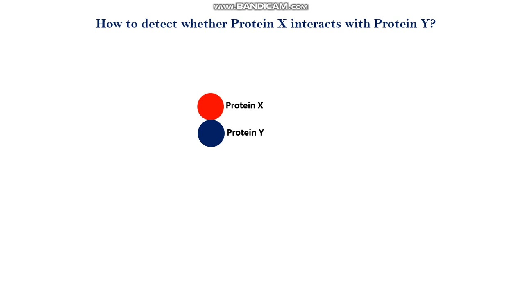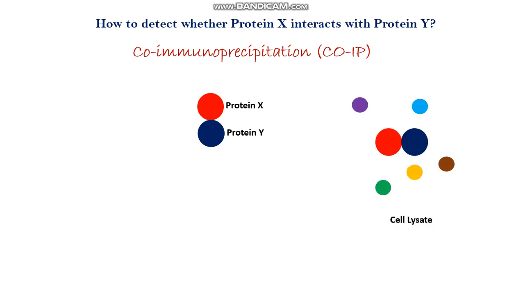So how do we detect whether protein X interacts with protein Y? Here is the role of co-immunoprecipitation. You need to perform this experiment to detect whether protein X interacts with protein Y. So, here is the cell lysate. This cell lysate contains other proteins as well as your target protein complex, such as the protein X and